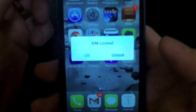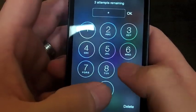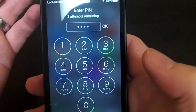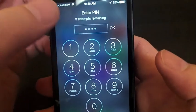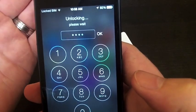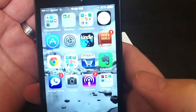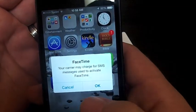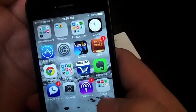Now what's going to happen is as I unlock my phone, I'm going to get a screen that says SIM locked, and it says OK or unlock. I'm going to hit unlock, and then I'm just going to enter my SIM card's 4-digit key, which happens to be 9909. Yours will be something different. And then I hit OK. Now my card is going to get unlocked, and I'm going to be able to use it. I'm going to get some different warning screens here, things like that,